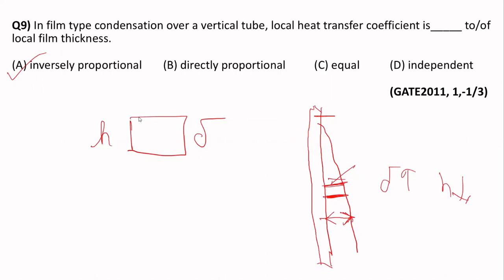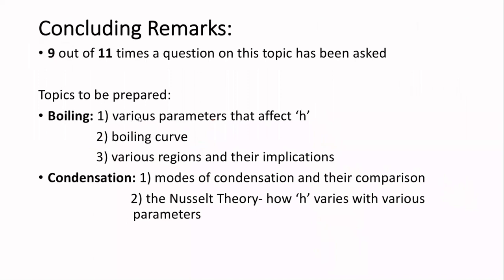All right, with this we come to the conclusion of today's session. And before concluding today's session, I would like to present some concluding remarks. So this particular topic of boiling and condensation has been very frequent, and there is a very high probability that at least one question from this topic comes in the exam. So if we see around the time scale that we saw today, we saw papers from 2011 to 2021, and I have even gone further back to around 1990 to 2021. So 1990 was when our GATE for CHE started.